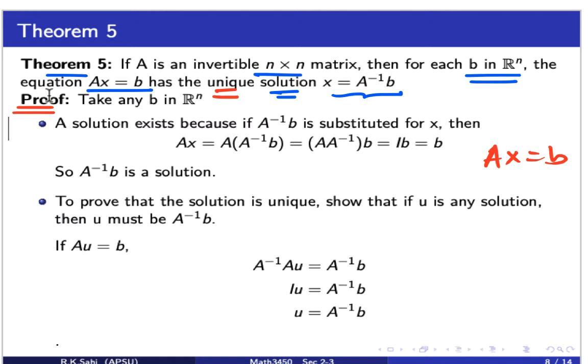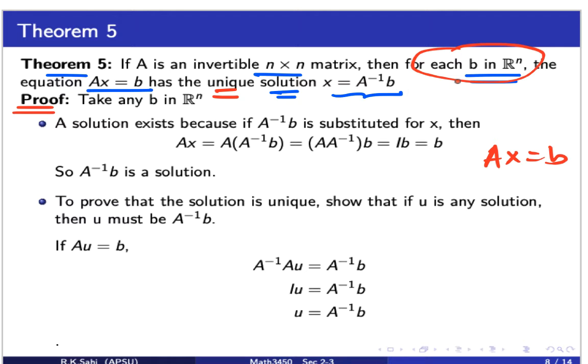Now remember, these proofs will help you practice the proofs for the questions which I will give you later, which will be in the exercises or which are in my exams and other old exams and quizzes too. Okay, let's come back over here. Let's look at the proof. We say take any b in Rn, because remember, we said for every b. It's important. It's for every b. Okay, so for each b in Rn,